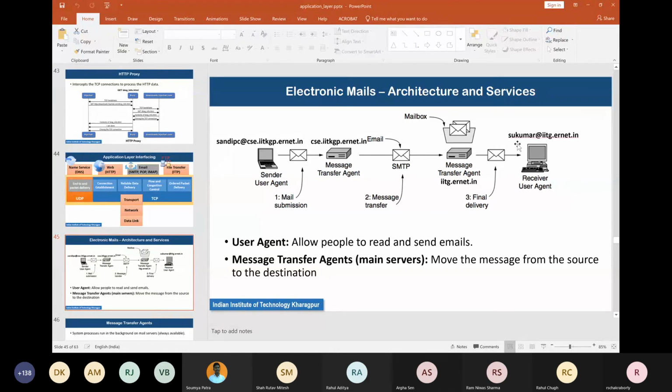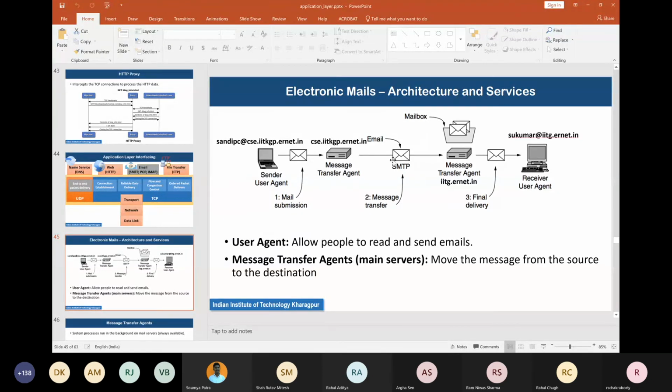See, SMTP is a push type protocol where, when a mail is present, it is pushed to the next destination, either from the sender user agent to its local mail server, and then from its local mail server to a remote mail server, depending on the receiver's email ID.